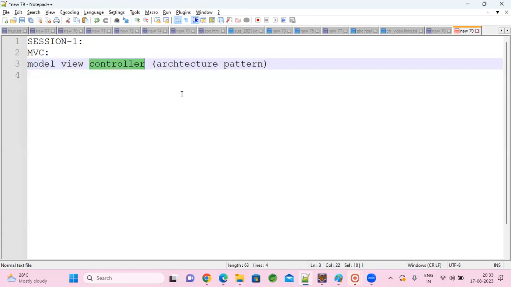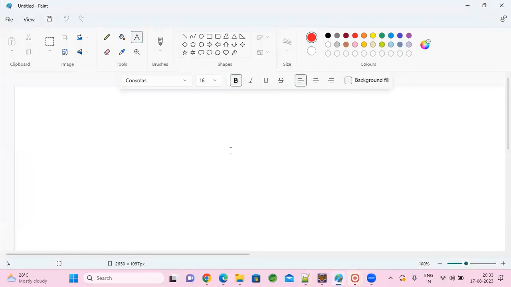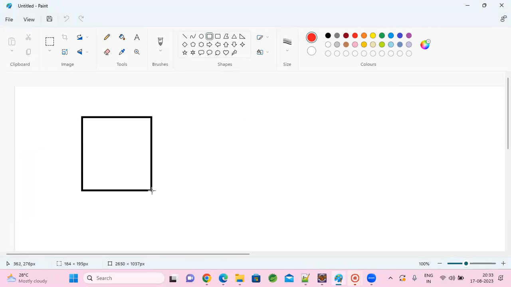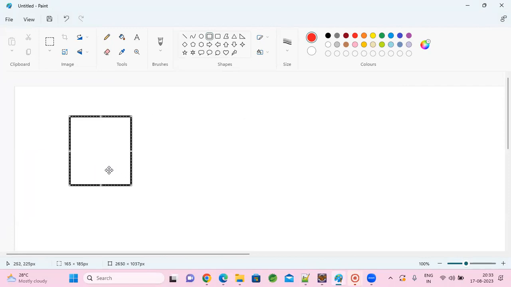Okay, so that you can remember the session easily, what we are discussing and how that session is useful to handle your code. Okay. So as per MVC architecture pattern, we will have three layers: presentation layer, controller, and model.